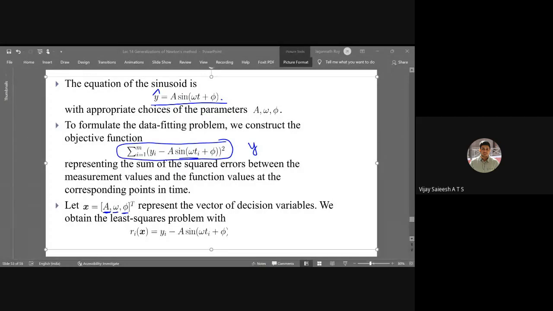So is there any way to guess the best function that will fit